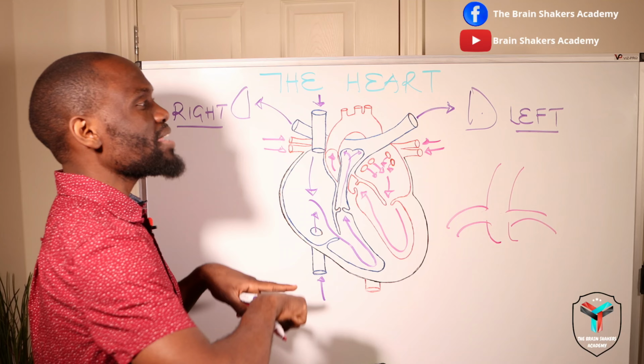So this blood flows into the right ventricle, and when there is muscular contraction, the right ventricle, when it contracts, pushes that blood straight through the pulmonary valve. So blood is going to pass through the pulmonary valve and then be pushed to pass through the openings